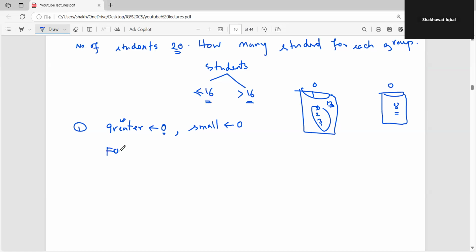As we know, we have to ask the question 20 times, and we have to run the loop 20 times. So count equals 1, 2, ... 20. Okay, this is the easiest example, where the logic is easy. In the next question, we will see something where we can use mathematical logic. Now input age, because based on the age only I can decide in which group the student will fall. Then if the age of the student is greater than 16, then